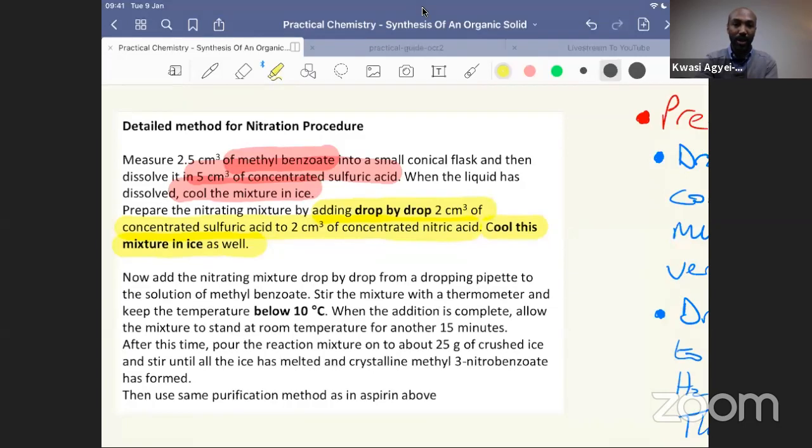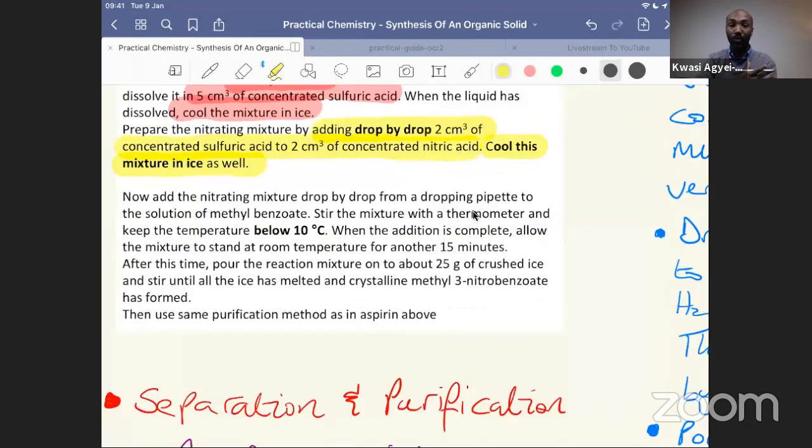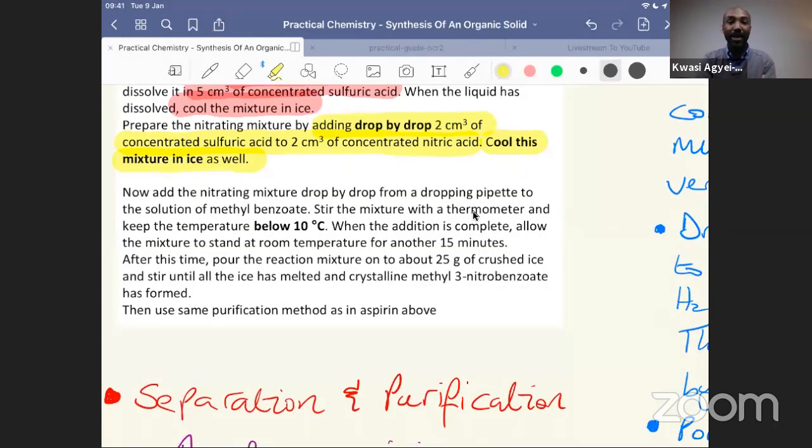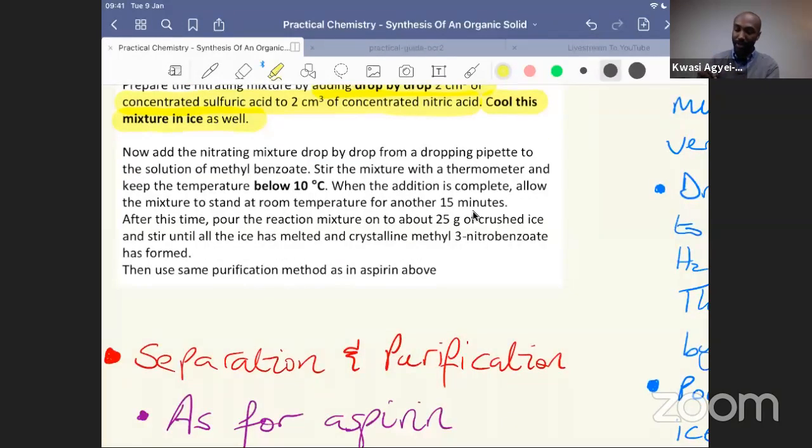Okay, so let's look at what happens next. Having prepared our nitrating mixture, how do we add it to our methyl benzoate? Now we're going to add the nitrating mixture drop by drop again, very carefully, from a dropping pipette